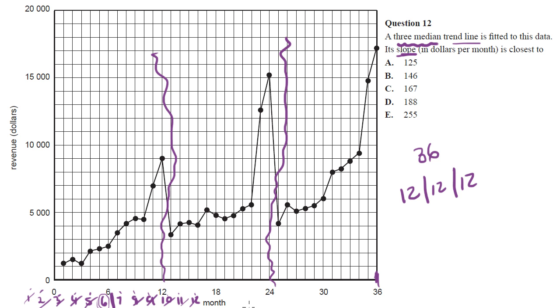Another way to think of it is remember that n plus 1 over 2 th position? So in this case we have 12 points, so that's 12 plus 1 over 2, so that's 13 over 2, or the 6.5th position. So we're going 6.5 of the way through this data. So there's 1 and 2, 3, 4, 5, 6. I want to split the 6th and the 7th. So going up the page, between those 2 points